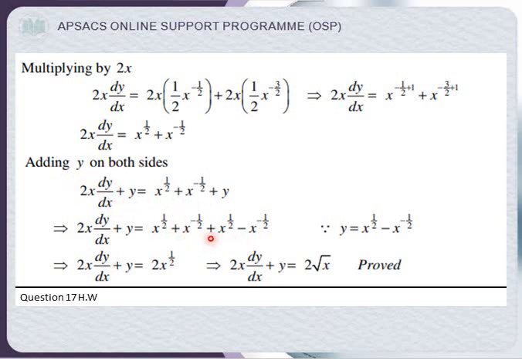Now you can see that x raised to the power half and x raised to the power half make 2 multiplied by x raised to the power half, and this other thing is going to be cancelled. Why? Because what is the value of y? Y is equal to this thing. I put the value of y from the quotient. Now you can see that is what we have to prove.